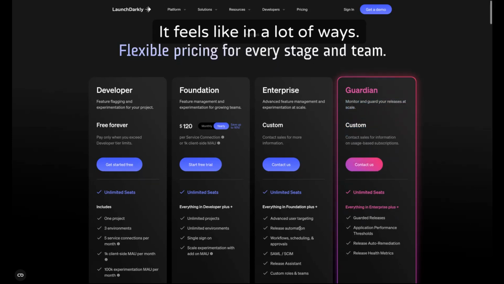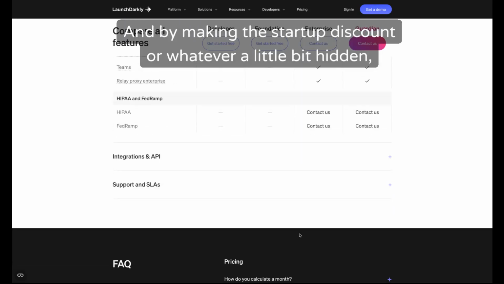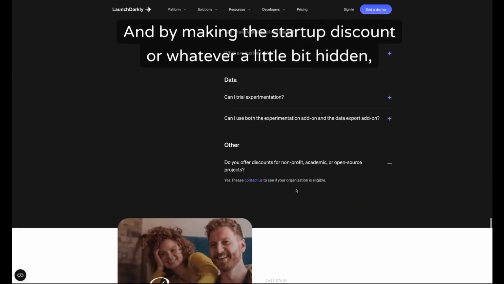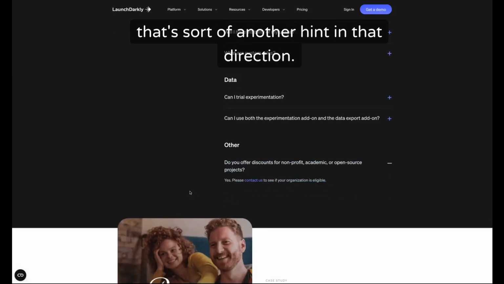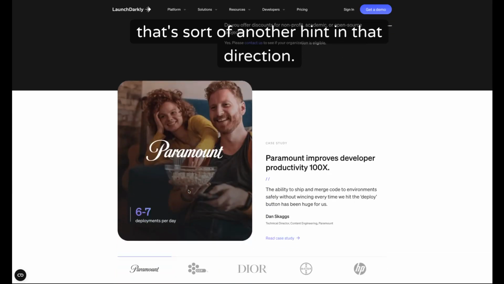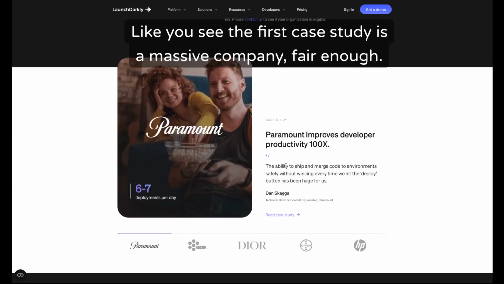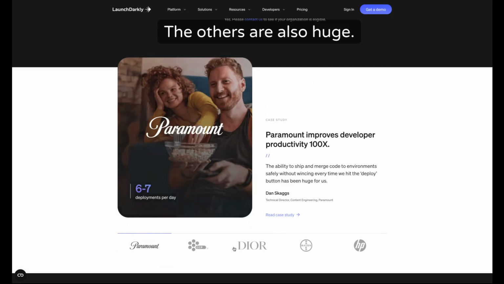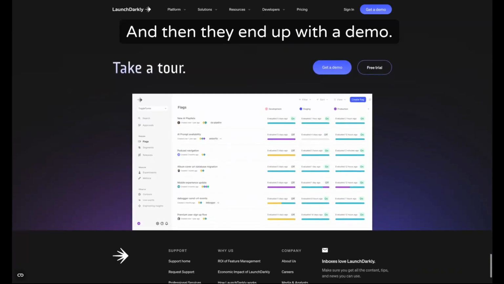It feels like in a lot of ways, by making the startup discount a little bit hidden, that's sort of another hint in that direction. And then another one is here: the first case study is a massive company, Paramount, and the others are also huge. And then they end up with a demo,